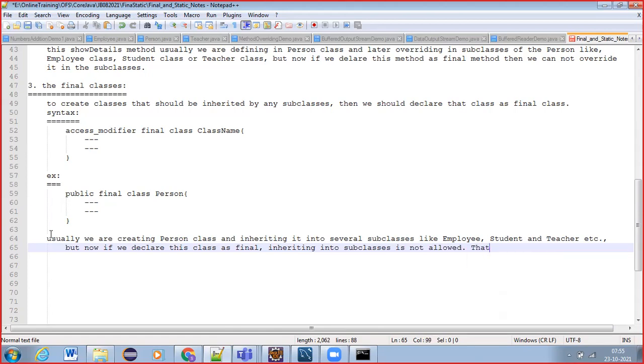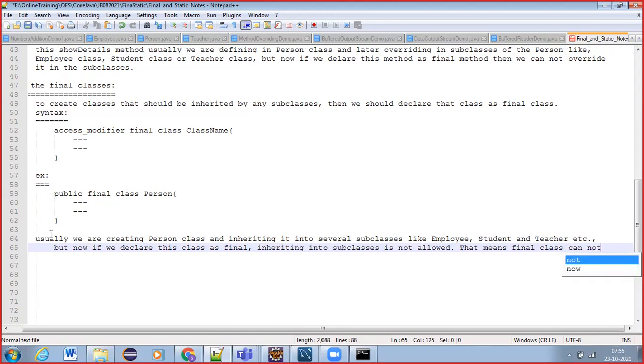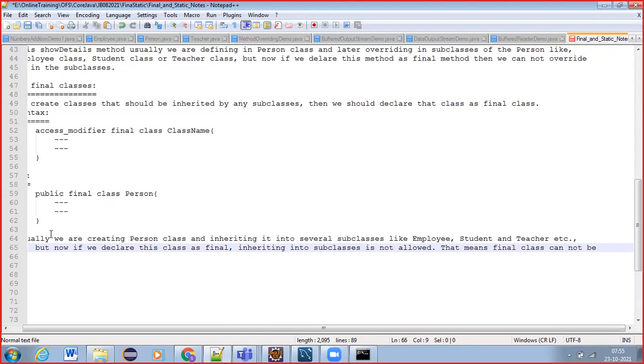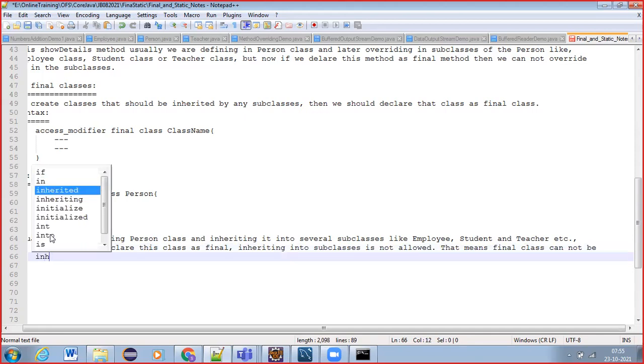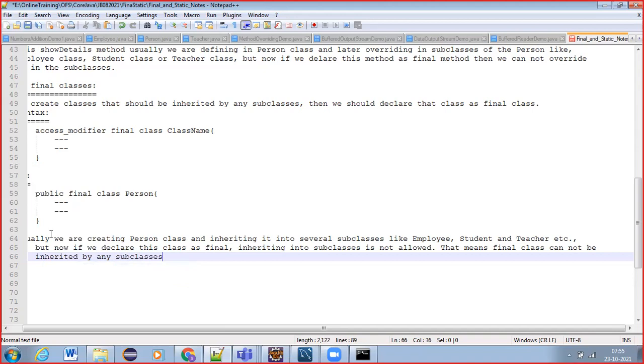That means a final class cannot be inherited by any subclass.